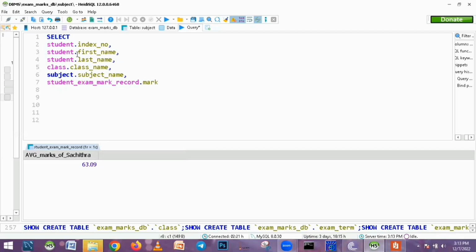All right. Now I get all the details of the students. Now I need to get those details from the student exam mark record table,